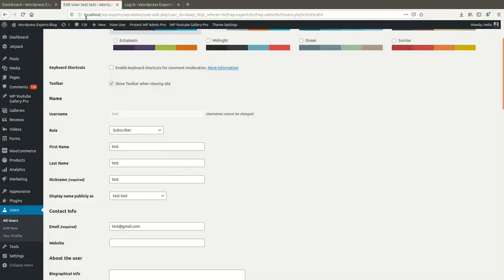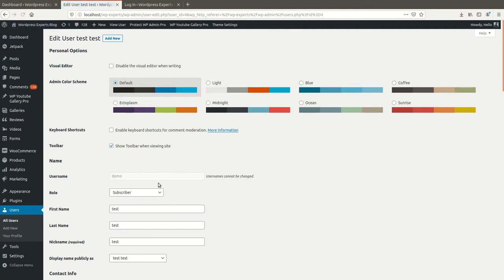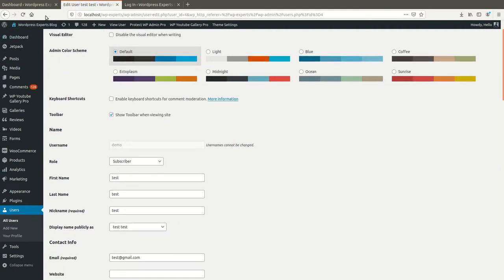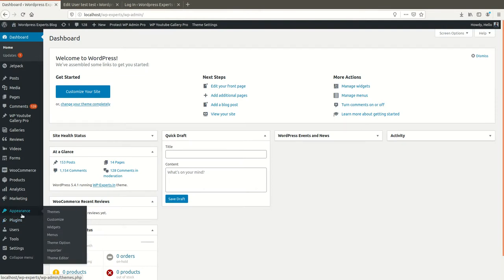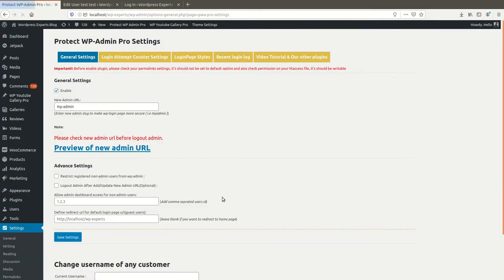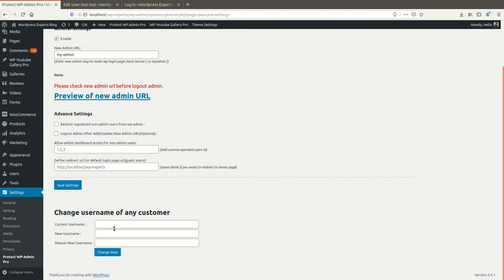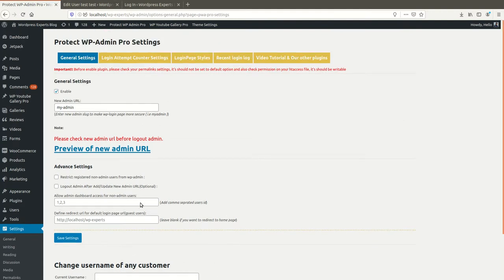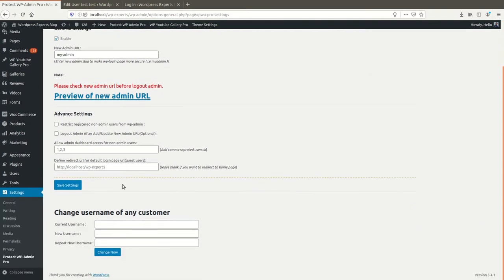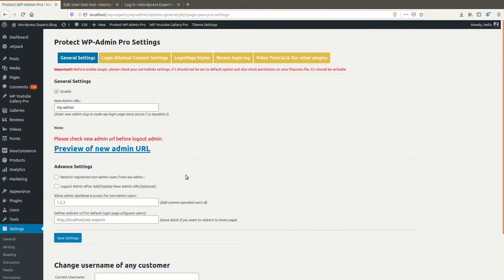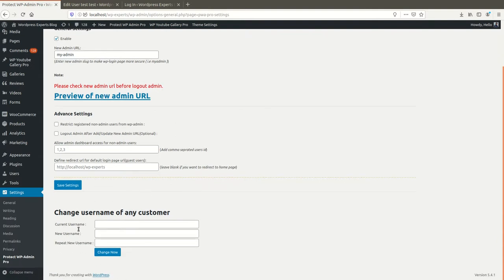You will see the username has been changed. In the same way you can change any other username as well. As per your requirement you can use this feature on your website. We have given this extra feature especially to change your username from admin, and sometimes if you want to change an existing customer's username, you can do it easily here.